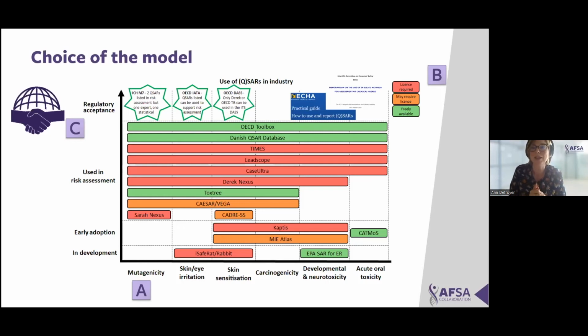Very pragmatic factors also sometimes are taken into consideration. And a third factor that drives the choice of the model is its state of regulatory acceptance, especially in the case of an NGRA. If we're building up our weight of evidence, sorry, for in silico information, for weight of evidence in the dossier,